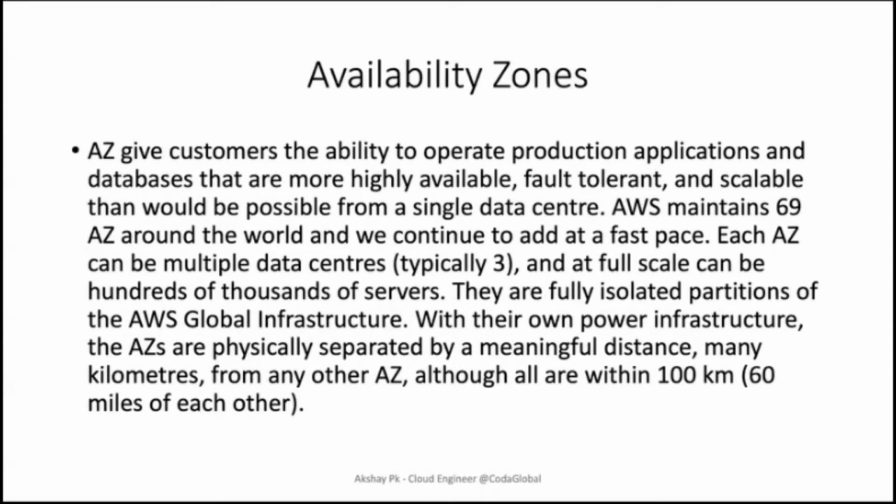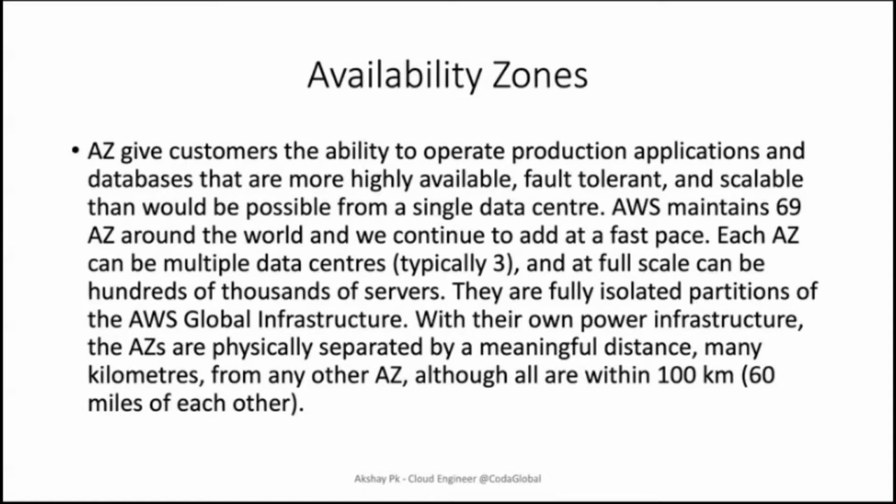Regarding availability zones, there are some key points. They typically have a minimum of 3 availability zones within a region, and they maintain more than 76, I believe, right now, across the entire world. These are isolated portions of the global infrastructure, with their own power infrastructure. They are physically separated by a meaningful distance of at least 100 kilometers, which is 60 miles, so that even if there is a natural disaster in one availability zone, it doesn't affect the